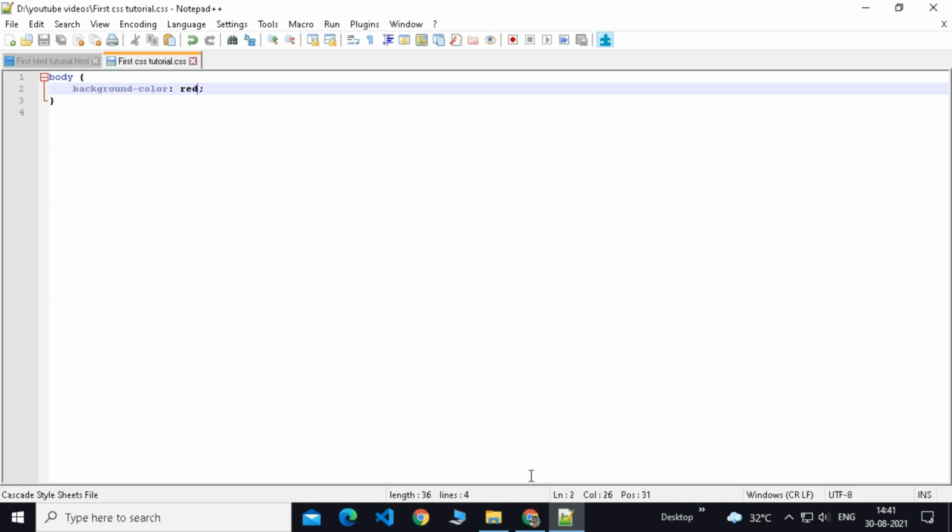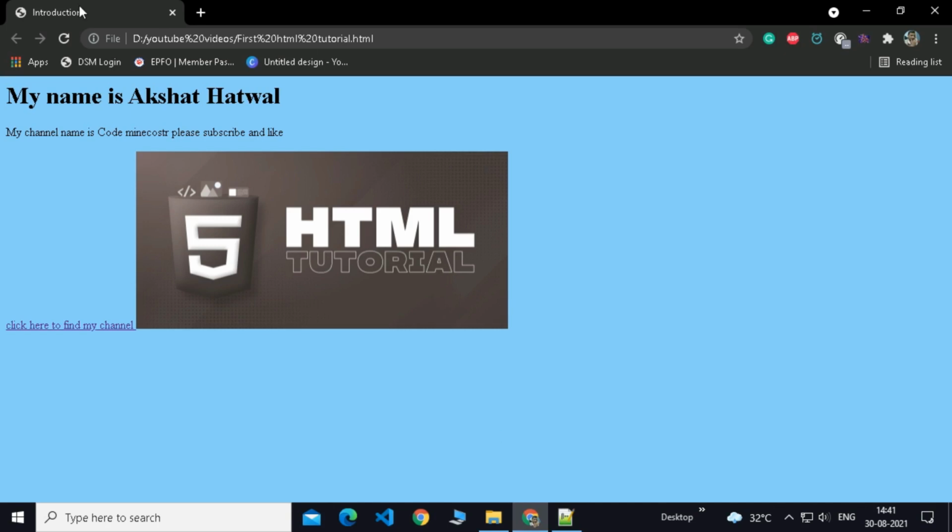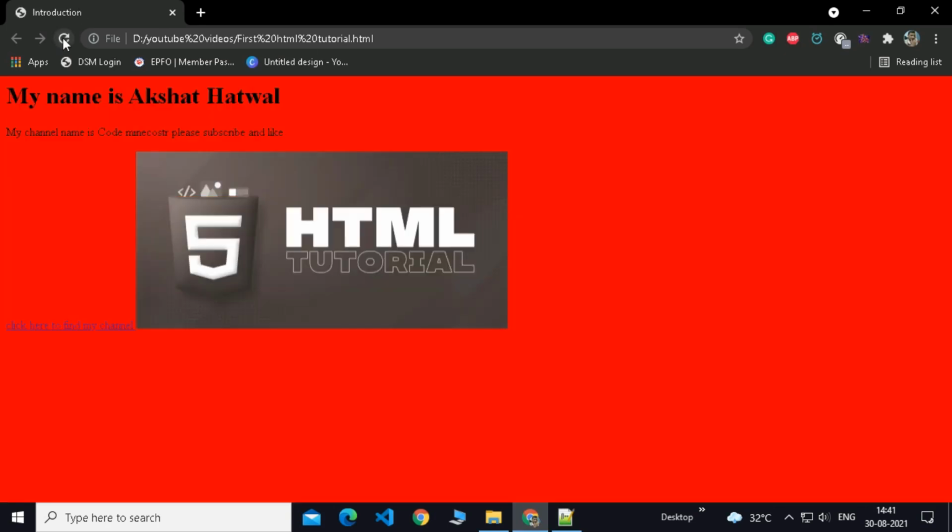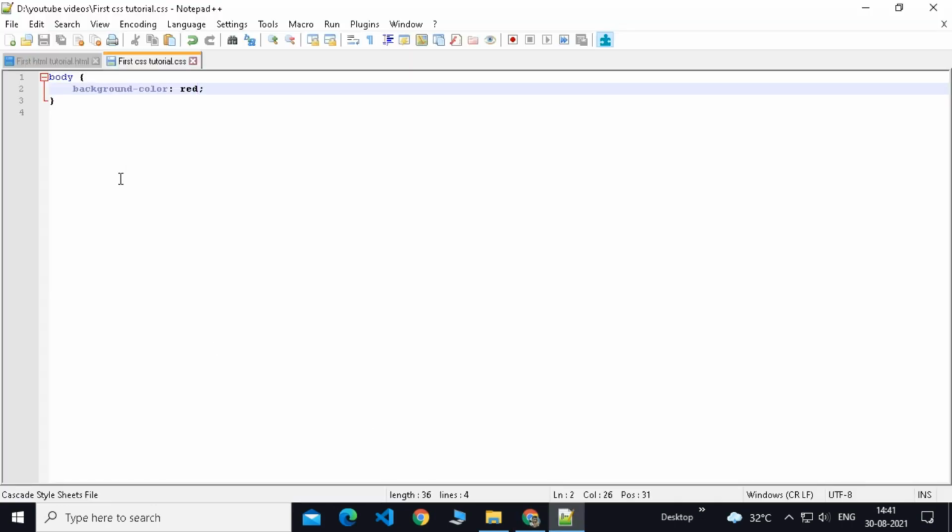You might be wondering why I am saying all this. Because if I go on the web page again and refresh it, this color is really bright. So that's why I don't recommend taking red color.